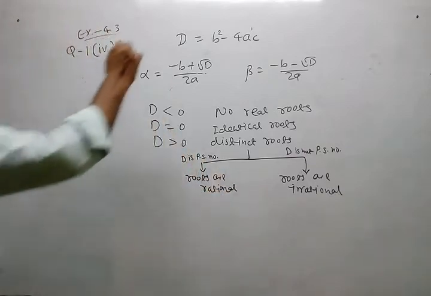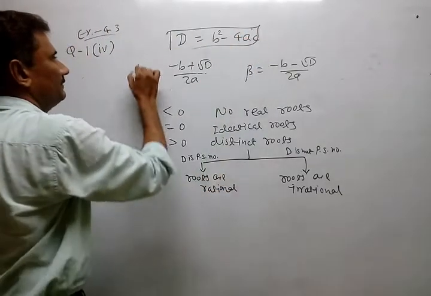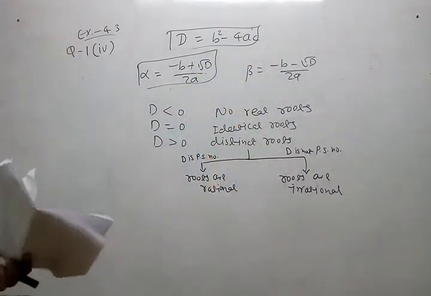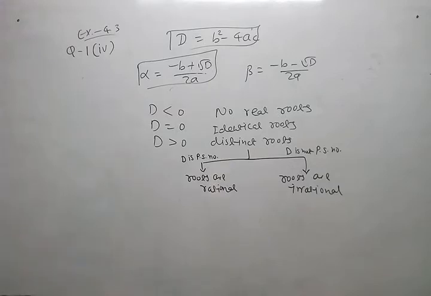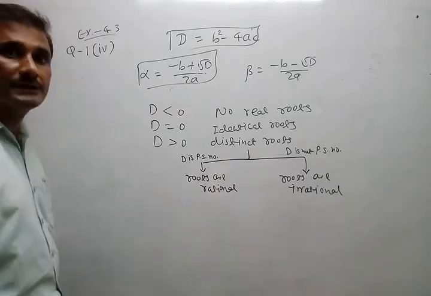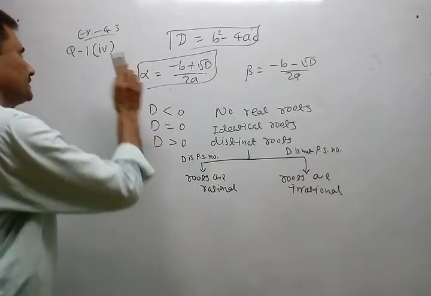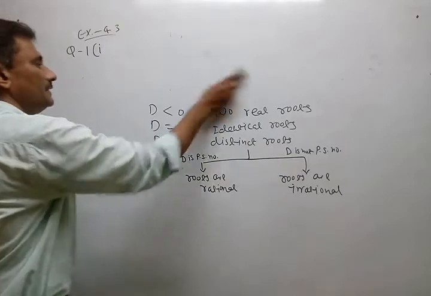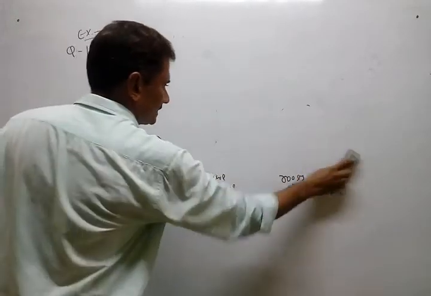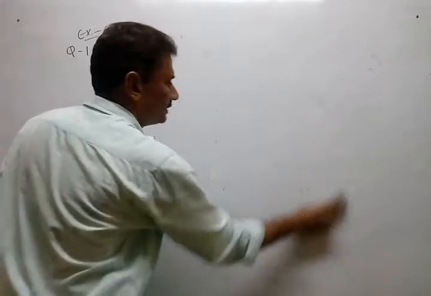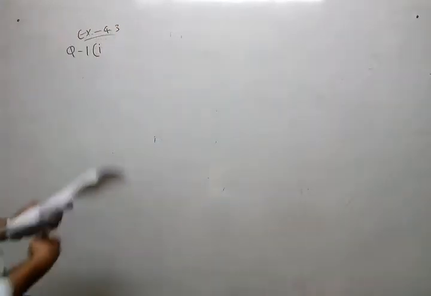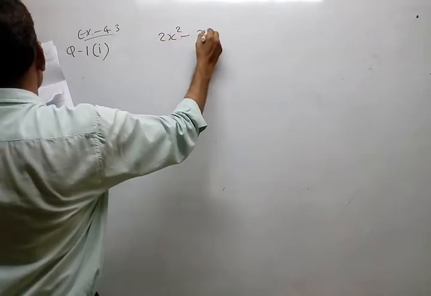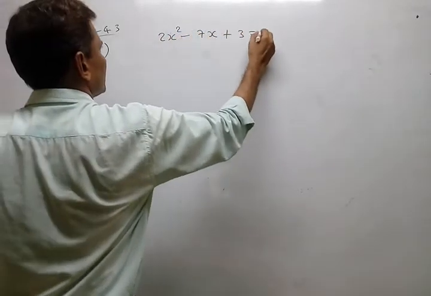So just remember this formula and any one of these, because both are simple, only the middle sign is different. So not three formulas, after all two only. Now we just try to solve the first number. The same questions are there, but the method is different. The answer will be the same, because the answer does not depend on the method. So first one, 2x square minus 7x plus 3 equal to 0.